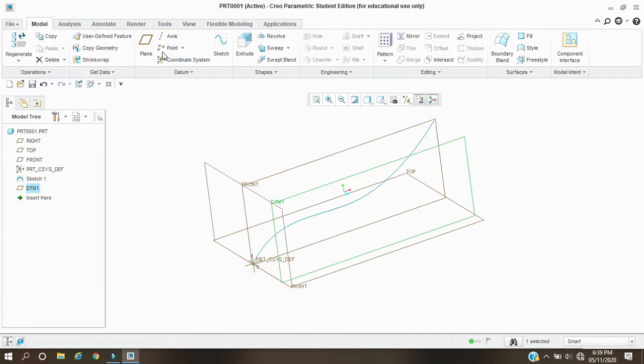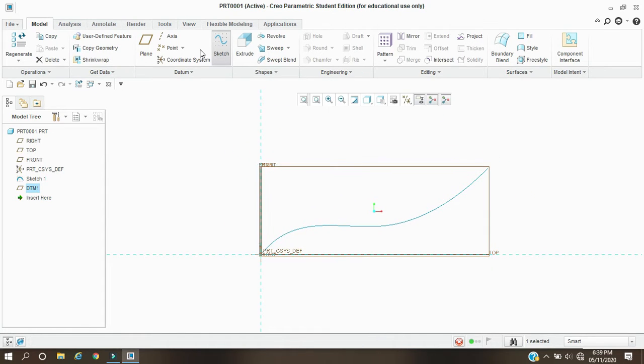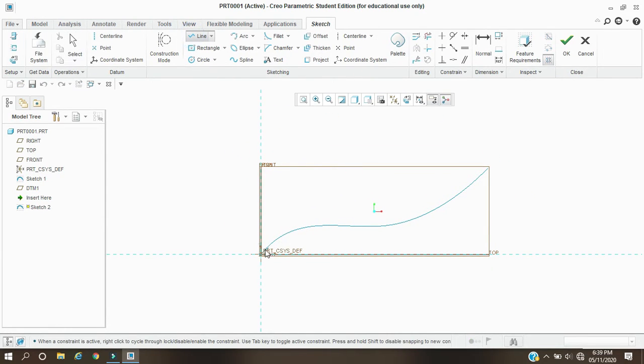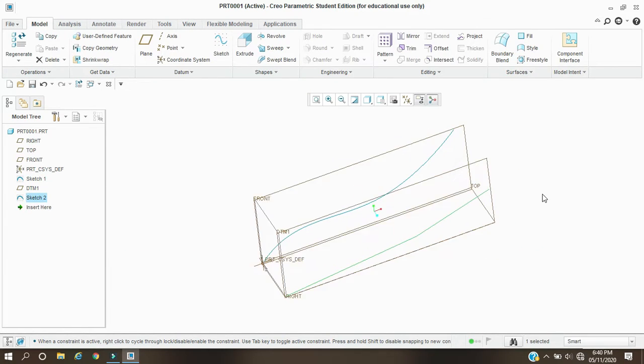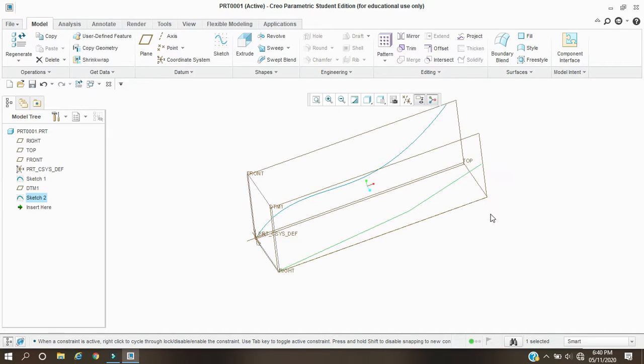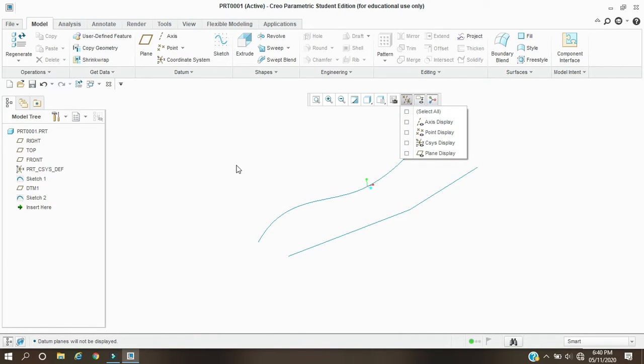Okay, and I'm going to draw a curve on this plane. For example, my curve is a straight line. Now here are the two guide curves. For the sake of time I am going to turn off this plane and everything.